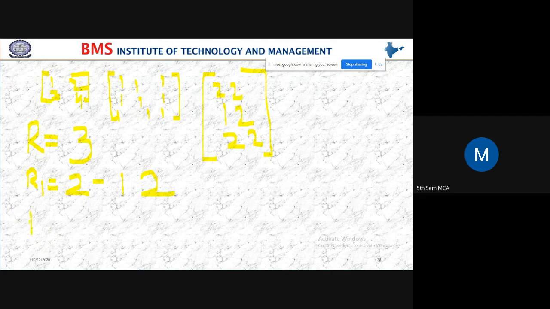Next, for the second row, taking the number of values, this is the outer loop. Again, in each row, we are asking how many values you want. This is the inner loop value. For R2, I want only one value, that is 3.